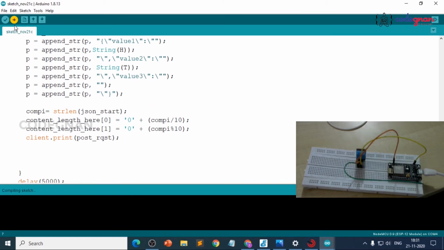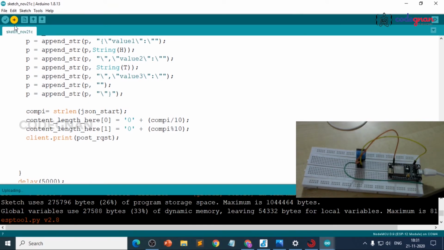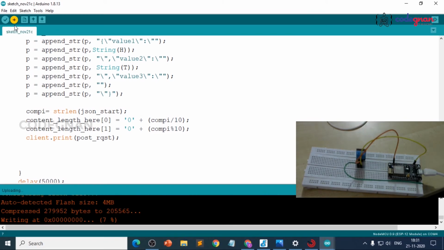Click on upload. Done uploading. Open serial monitor.